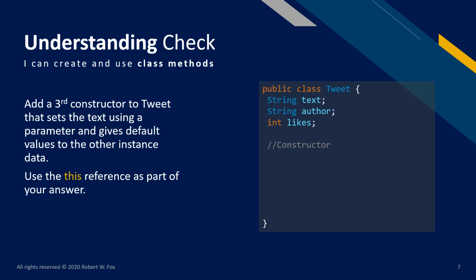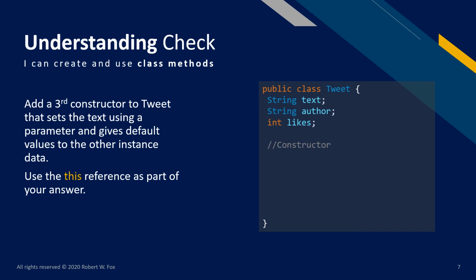Now that we know a little bit about constructors and the this reference, it's time to check your understanding. We've already written a constructor that's a default, right? It has no parameters and it gives default values to the text, the author, and the likes. We also wrote a parameterized constructor that had two parameters for the text and the author while still setting likes to a default value. And what I'd like you to do is think about how you would add a third